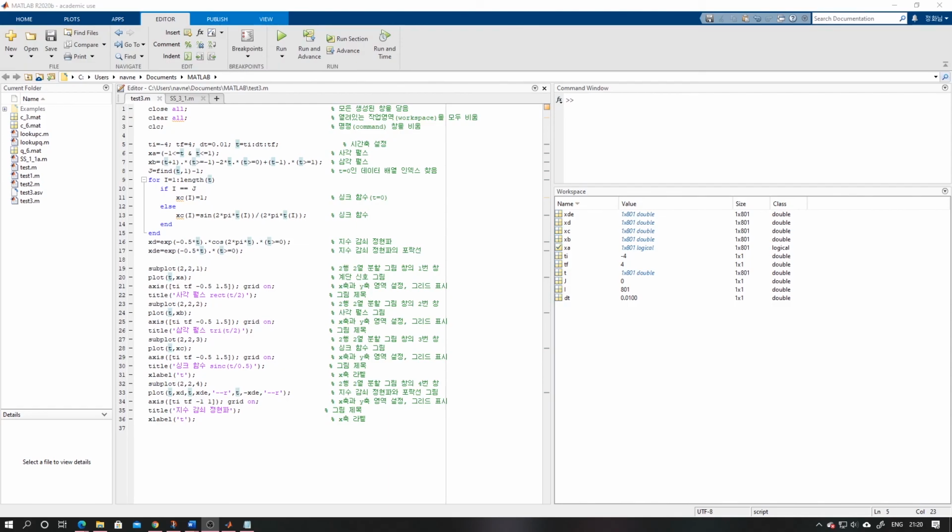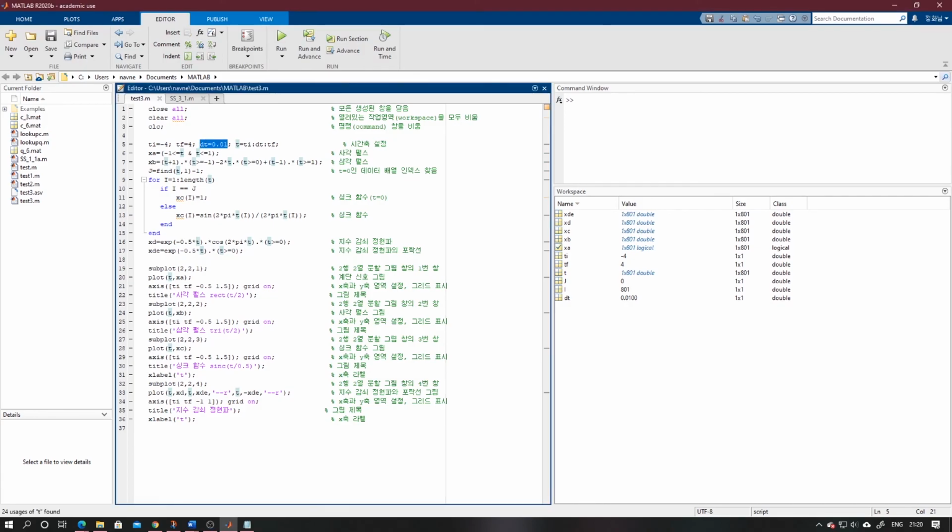Then we have to set the base timing. It is the same as the previous one, like t equals ti, that is the initial time, then the difference time between. Here the difference time is 0.01 and the final time is 4.